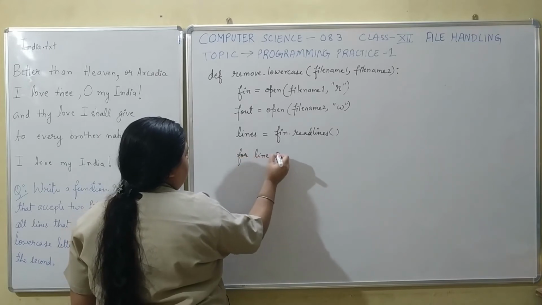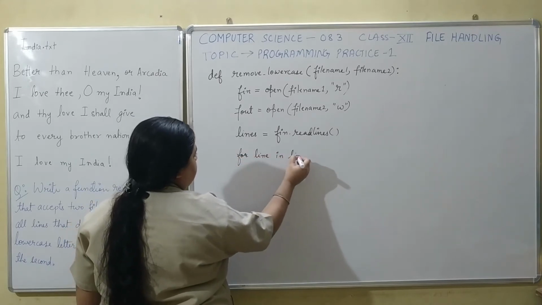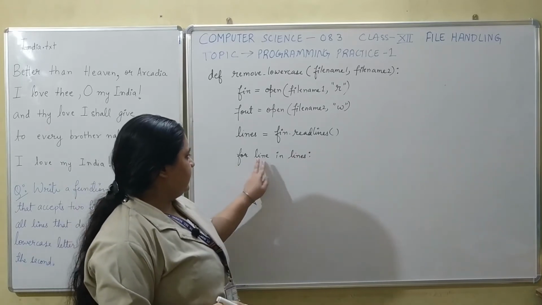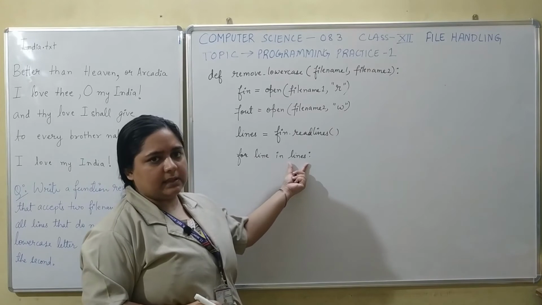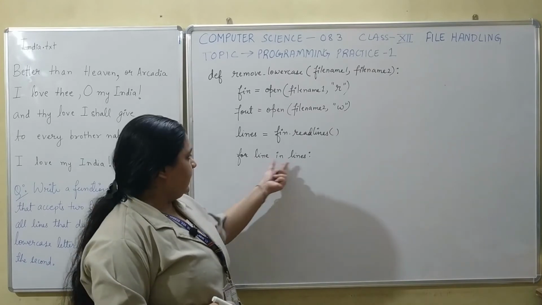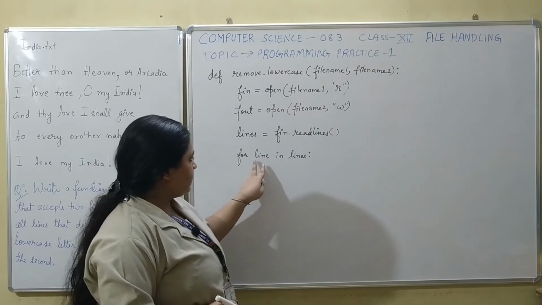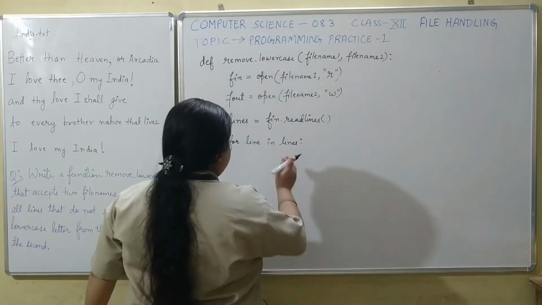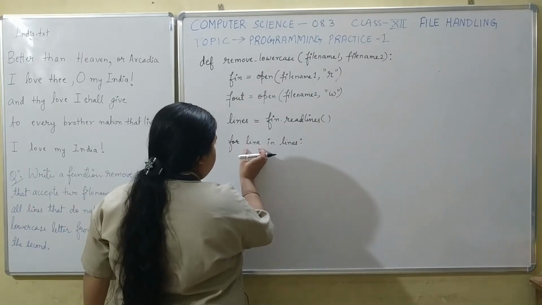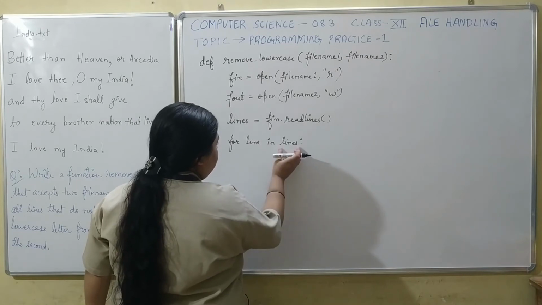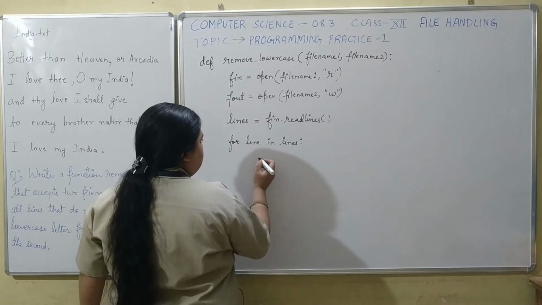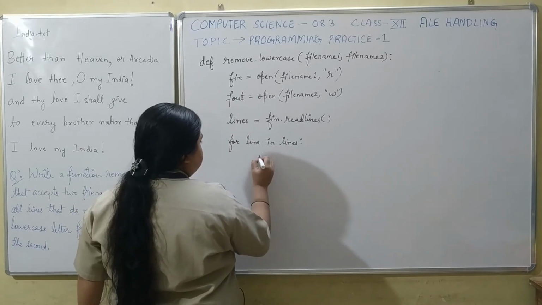For line in lines. Mark the difference, here it is line and here it is lines. So for line in lines, we are going to now check each line, that is each string within the list. For line in lines, where every line will be taken from this list, that is lines. So now we are going to check